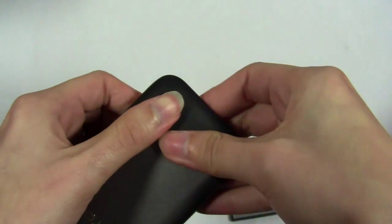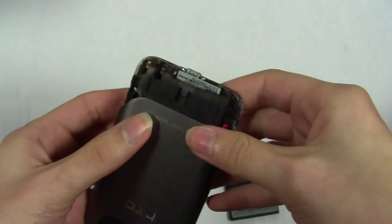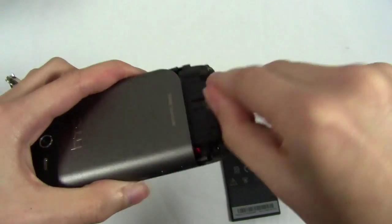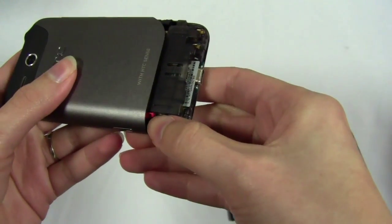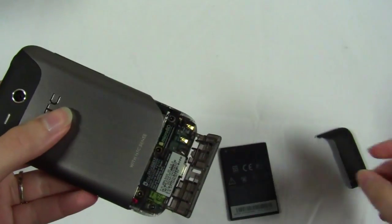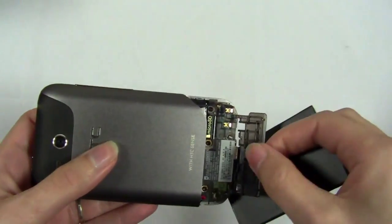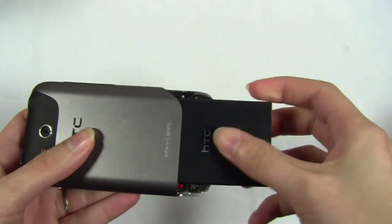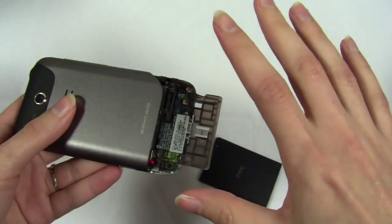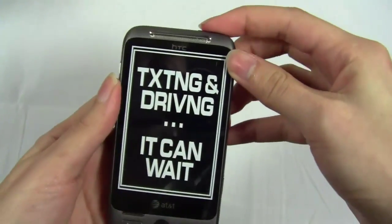I believe to take or put the battery in, that was my computer telling me what time it was. Thank you, computer. Let's see. I know there's some sort of weird way to put the battery in, if I can figure it out. Oh, there we go. So we do that, and then the battery goes in here, like that. But I do need to put the SIM card in first. So let me put the SIM card in first, and then we'll power it up. Okay, so the SIM card is in, and we'll power it on